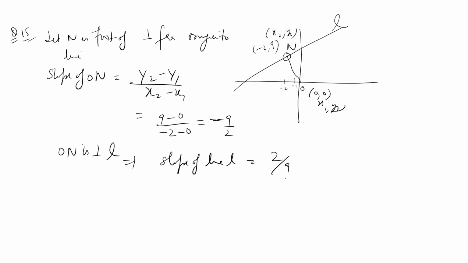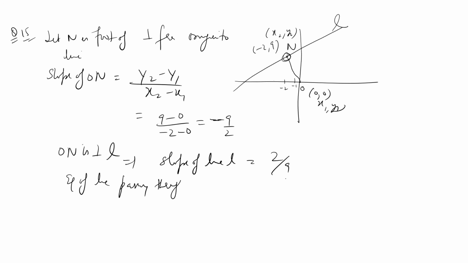है ना, परपेंडिकुलर है ना, ठीक है। अब नाउ जो लाइन है, there is one additional information that is given here, that you have to find the equation of line, right? And slope of the required line is this, right? So this line is passing through this point, so I can take the passing through point. So equation of line